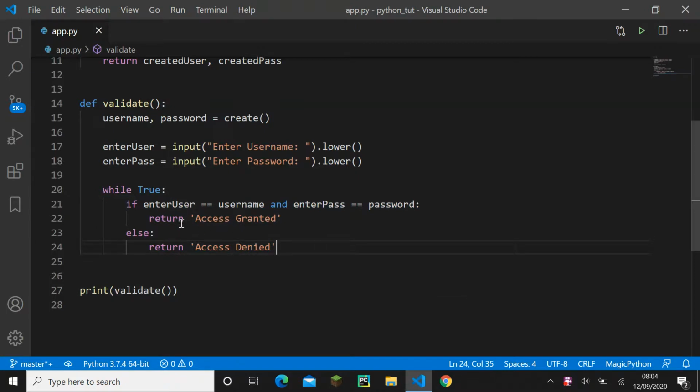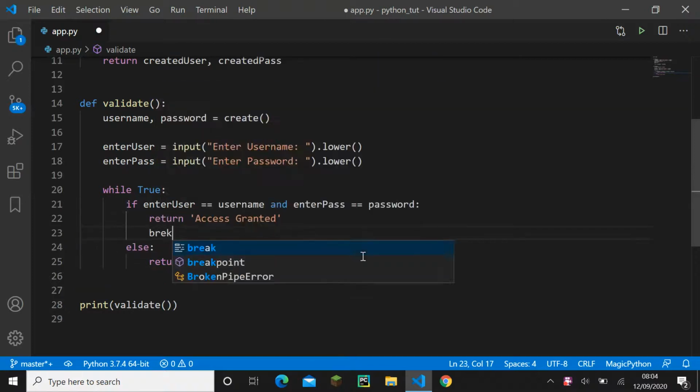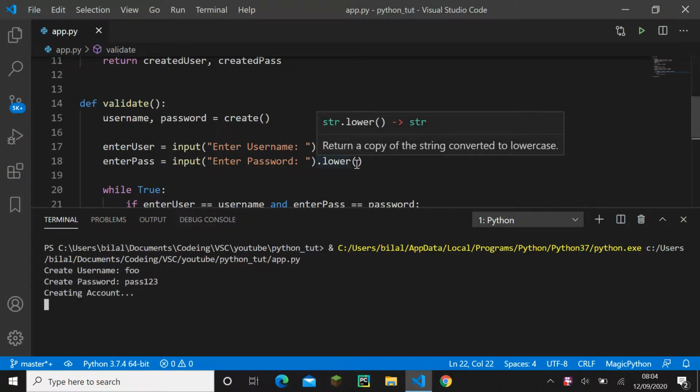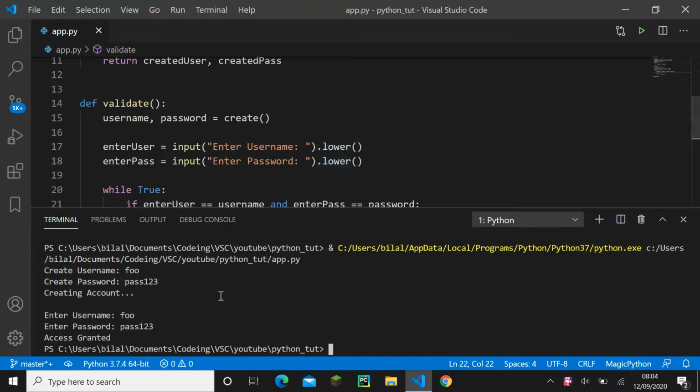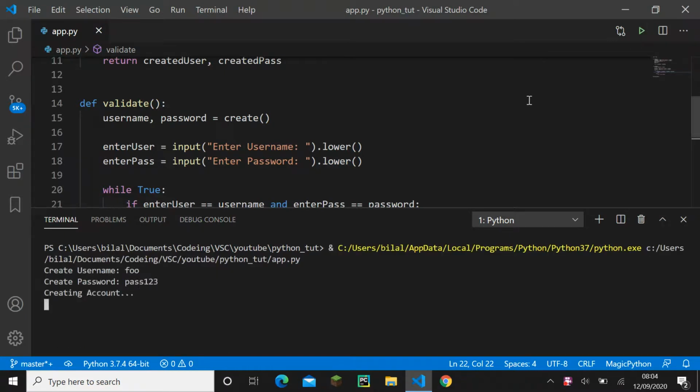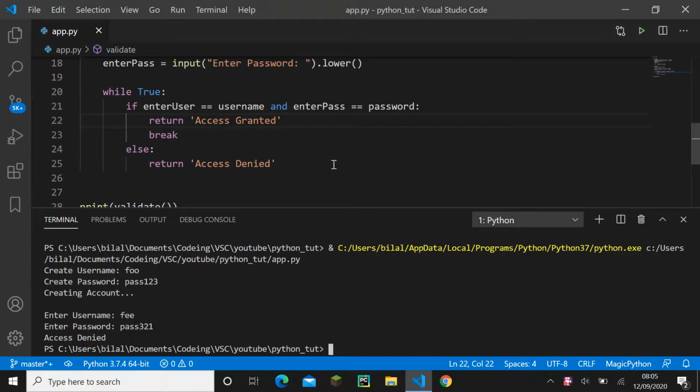This code will work, but the problem here is now we have an endless loop. Even if the user guesses it right or wrong, it's still going to be going endlessly. So if the user gets it right, we want to break out of the loop, since the user got it right. And if it gets wrong, we need to ask the user again to enter the username and password. But before we do that, let's run this. Do foo pass 123, and you see it's been broken. But then we do foo pass 123 and fee pass 321, and for some reason